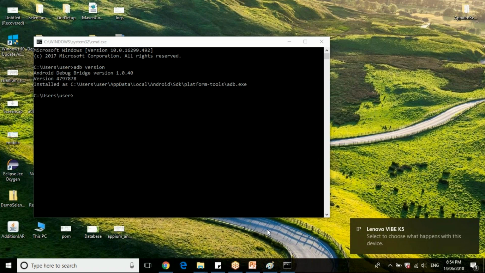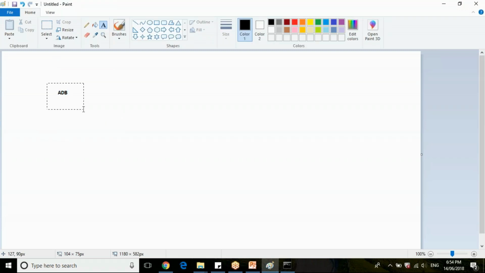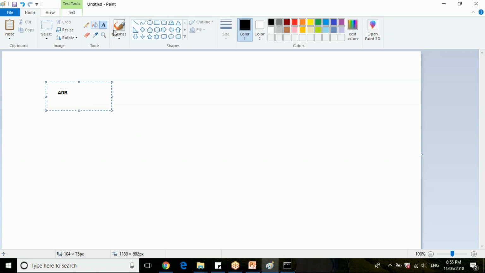Let me take a new pen. So what is ADB and why is it used here? If you see here, you have Android Debug Bridge configured.